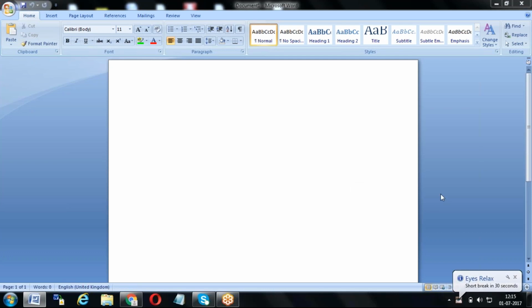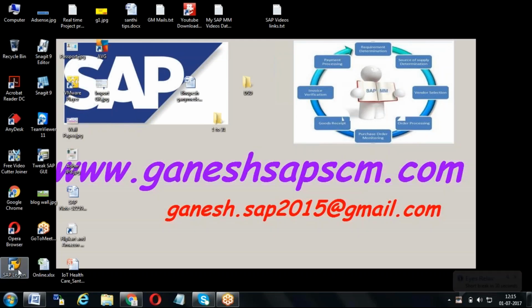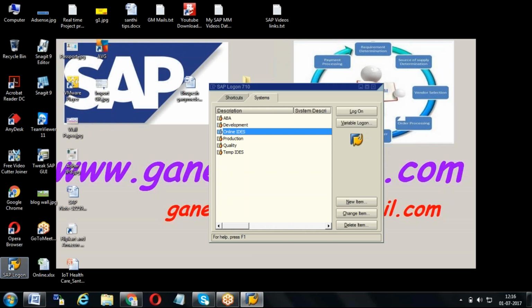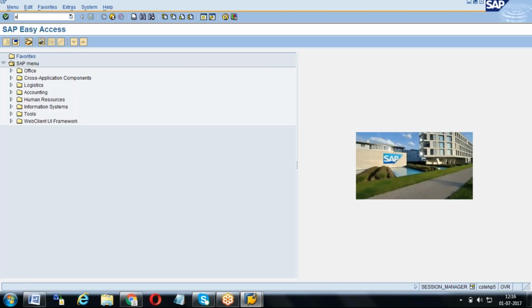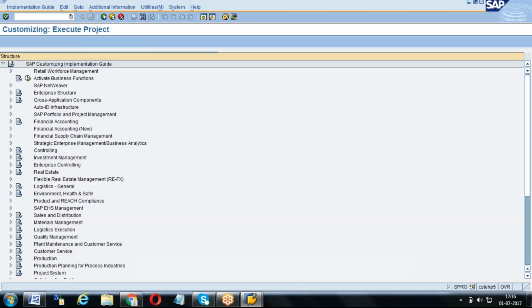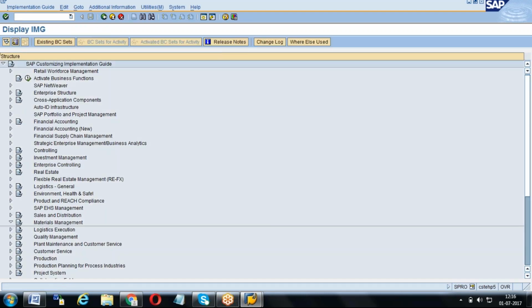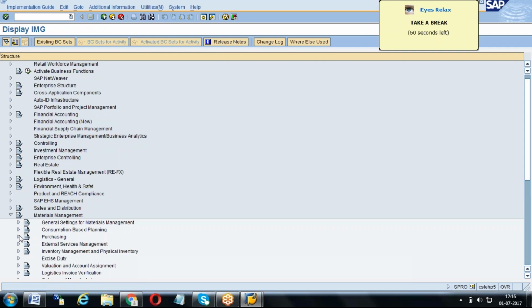For the purchase order release procedure, we can assign only one class. We can have multiple release groups, but the class will be only one. SAP has given that we can have only one release class for a release procedure. We cannot have multiple release classes. That's why you can create multiple release groups, but you should assign only one class.